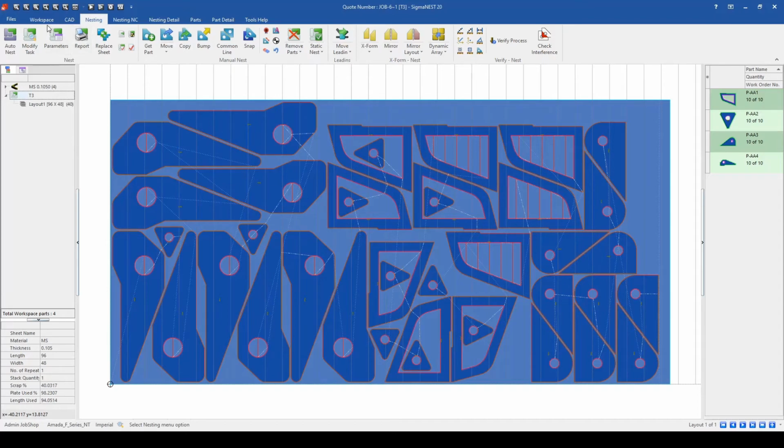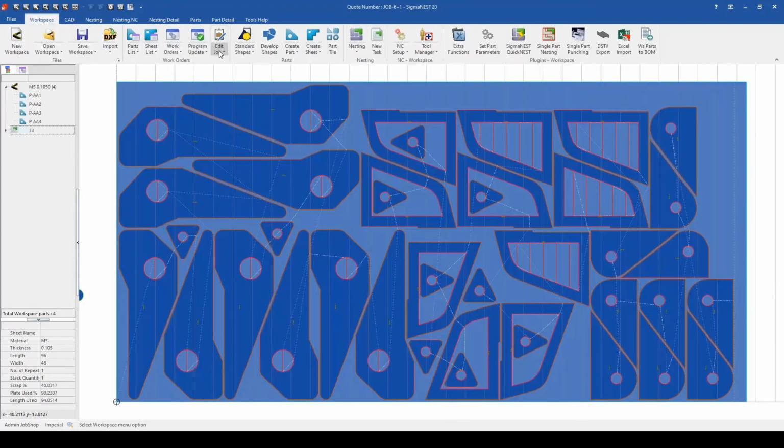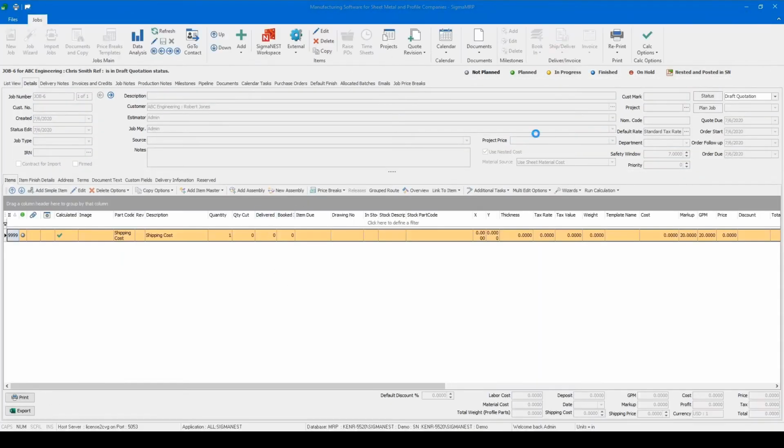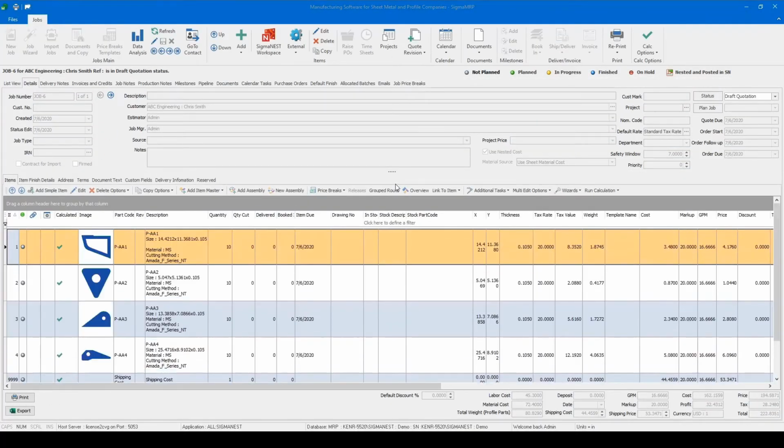Once I'm done here, I can go back and you're going to see that it's going to say Edit Job. And so what's going to happen now is SigmaNEST is going to take all that information, so all the NC, all of the parts, the material, and then bring that information back to SigmaQuote to then generate costing. Now, if I offer services that are not handled within SigmaNEST, such as multi-axis milling or 3D printing, I can add those services as a simple item. To add them, I'll go over here to Simple Item,